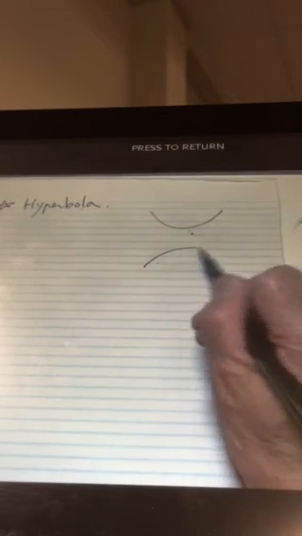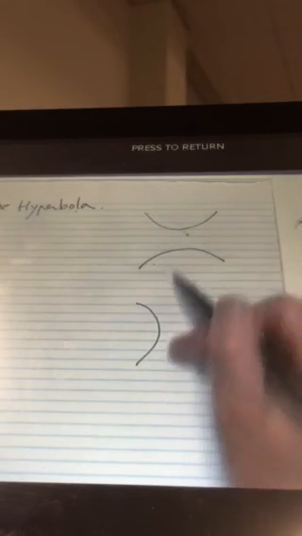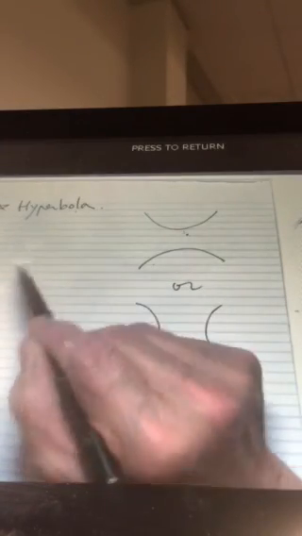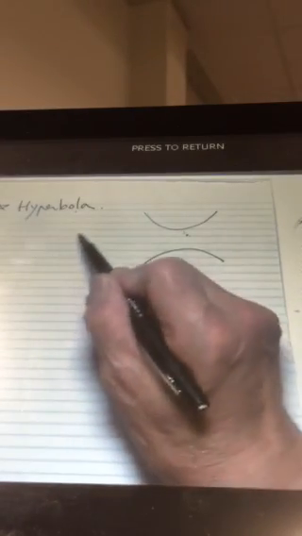But anyway, hyperbola looks like either this one or this one. Now where do we use this one? There's a very important application of this, which is the following. Say suppose there's a thunder